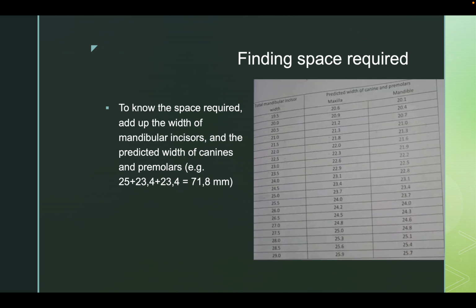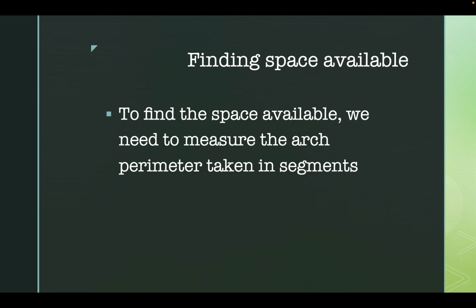And to know the space required, we will add up the width of the mandibular incisors and the predicted width of canines and premolars. For example, from the previous measurement, it will be 25 plus 23.4 plus 23.4, which is equal to 71.8 millimeter. And we will also need to find the space available by